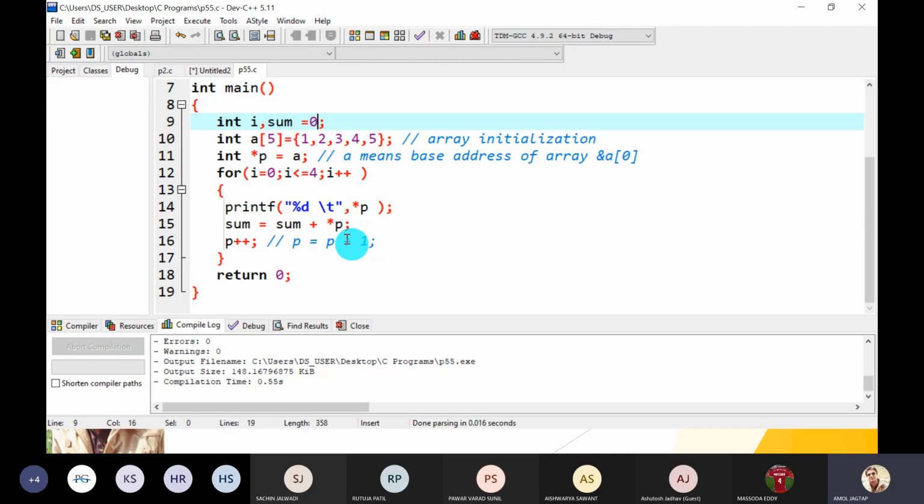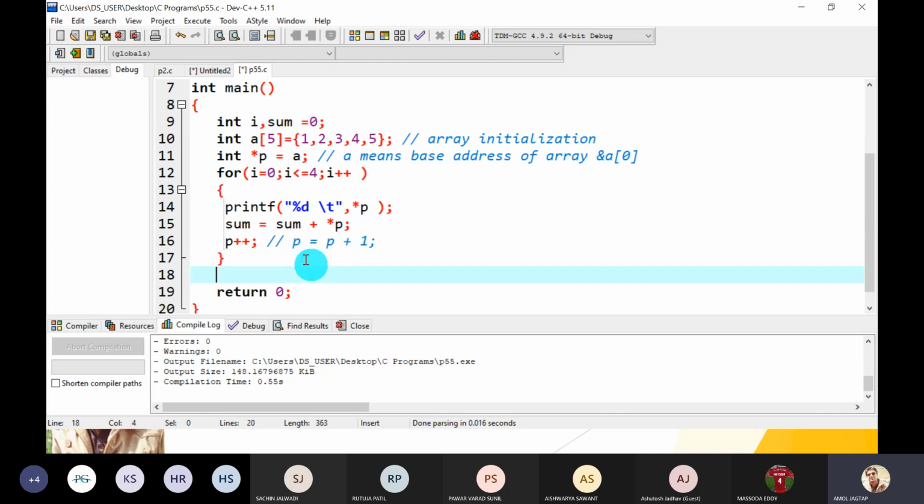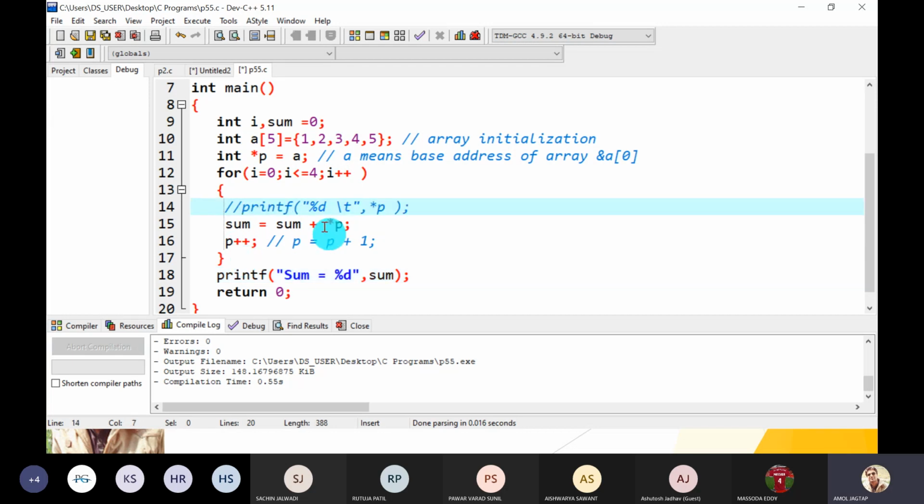And then we have to display the sum also, at the end, right after the loop: sum is equal to %d, comma sum. No need to write the earlier print statement, because we want to print only the sum of the array elements using pointers.